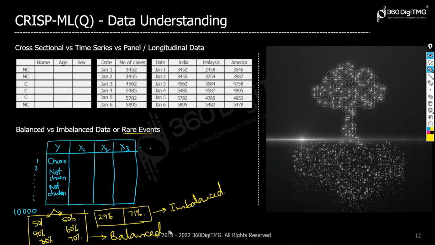Whenever you take the example of any company, will more number of customers churn? Would more number of customers switch from one provider to another? Not really. So those are rare events. If I take the example of credit card transactions, fraud and not fraud, and in such a data set, for instance,